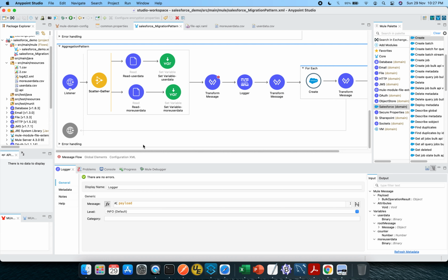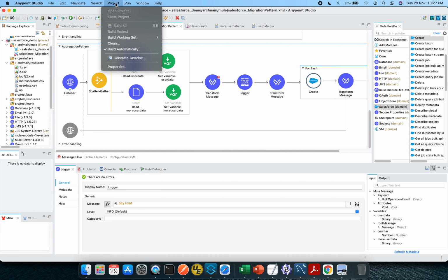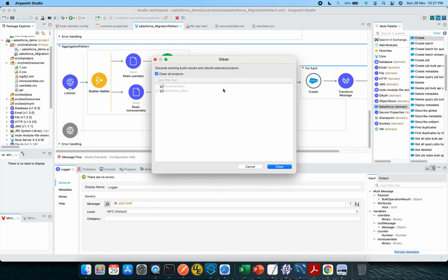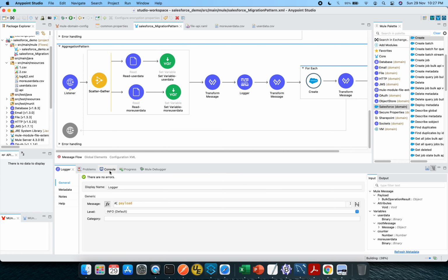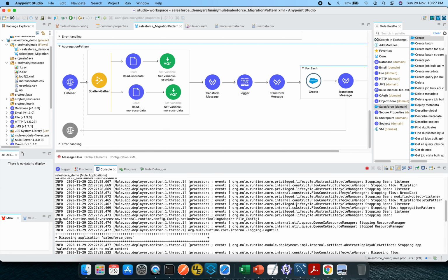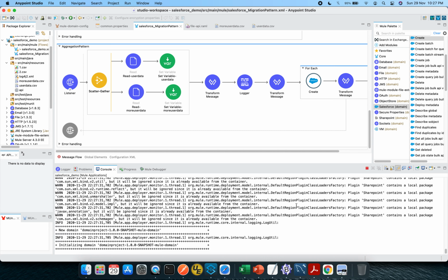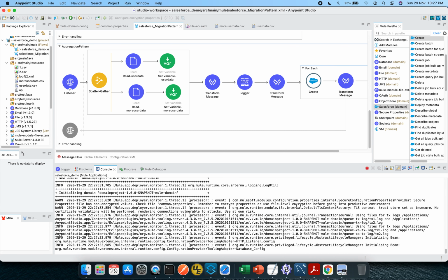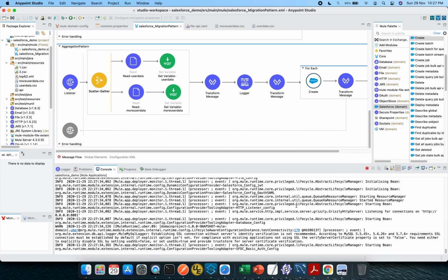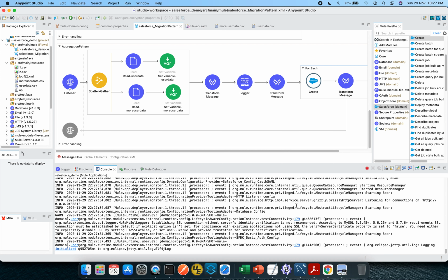Okay, let's try to run this, and let me clean this project. I will go to the console. It will take a couple of seconds to load.